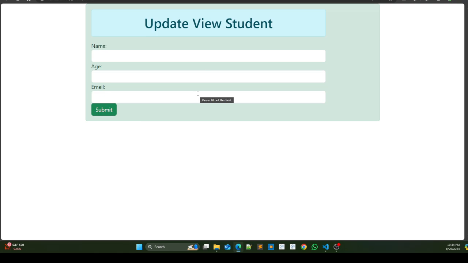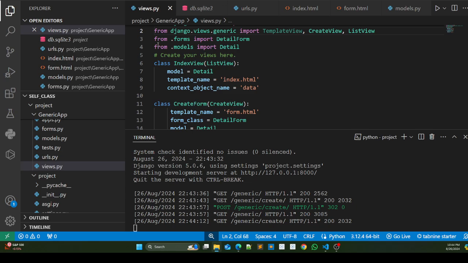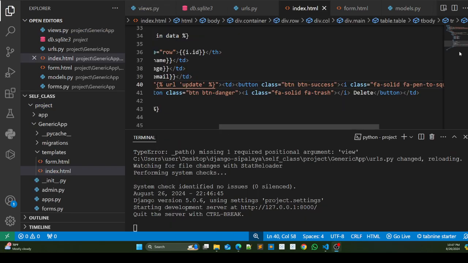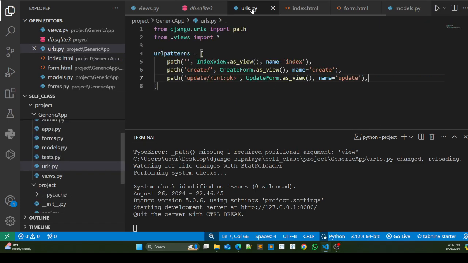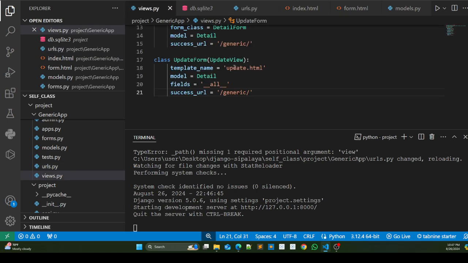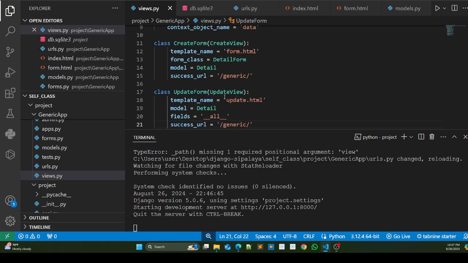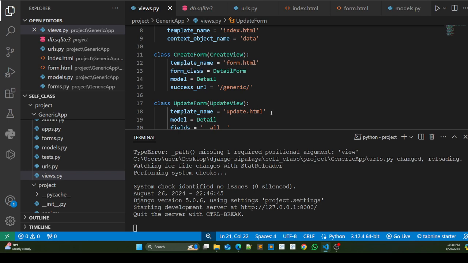Okay, so in order to do some update, what you need to do is go inside your views.py. Inside the views.py you do the class, let's say class. So up to now what we have done is we have changed this path, and inside the views.py we have provided this. Okay, so class update view, and we have done all these things. Okay, so after that